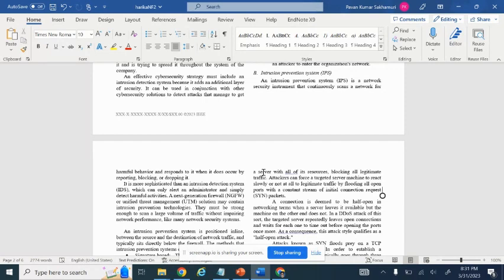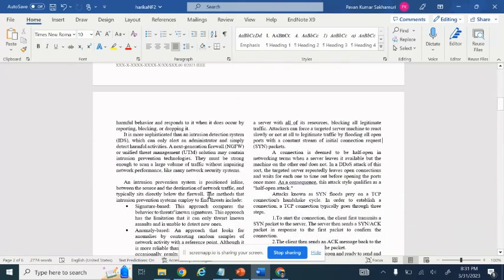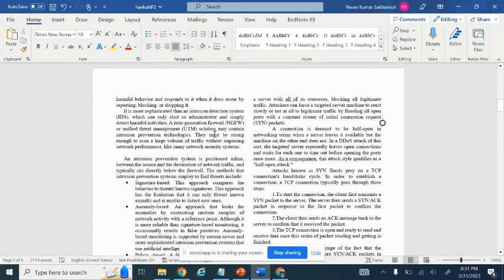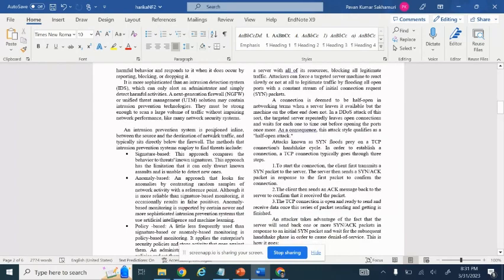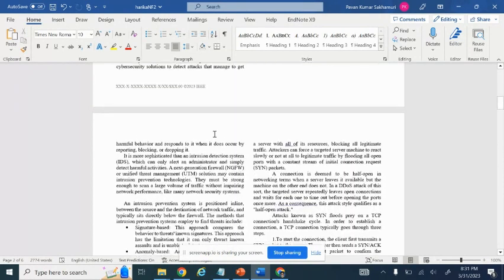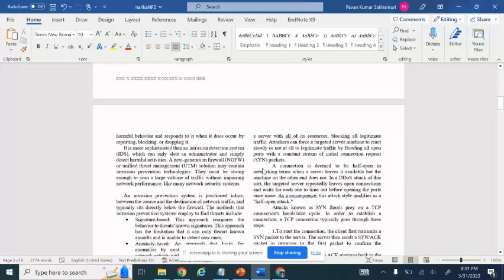There are two main types of IPS. Network-based IPS is placed at a strategic point within the network to monitor and block malicious traffic. The second one is host-based IPS. This type of IPS is installed on individual hosts or endpoints to monitor and prevent attacks that originate from within the host. An IPS uses a range of techniques to prevent attacks,